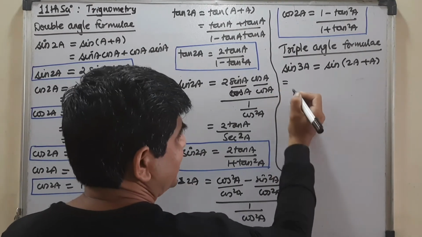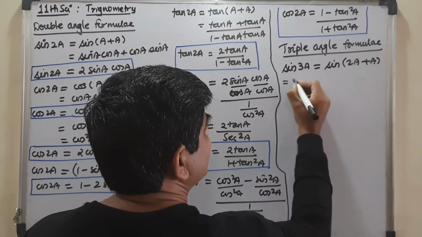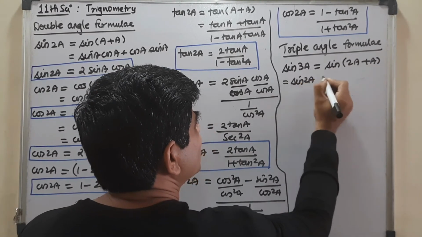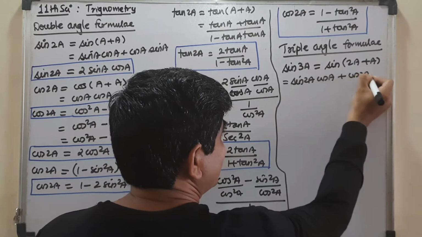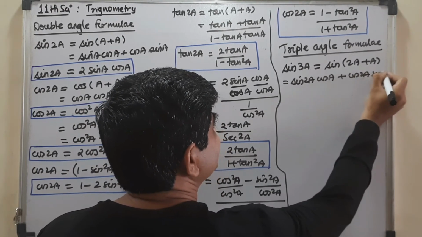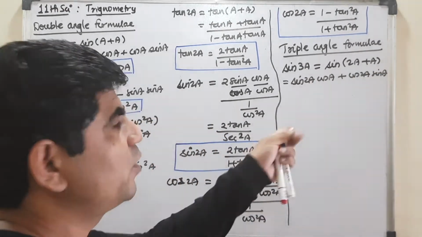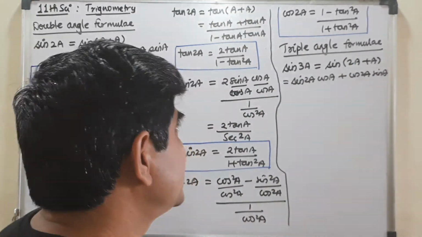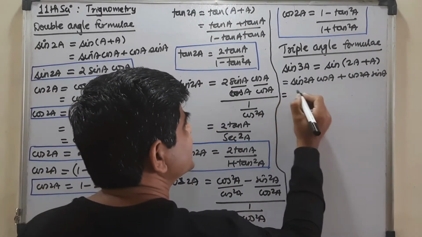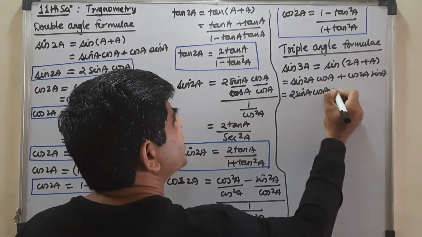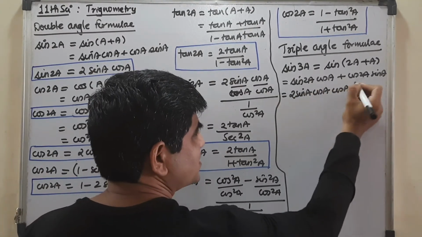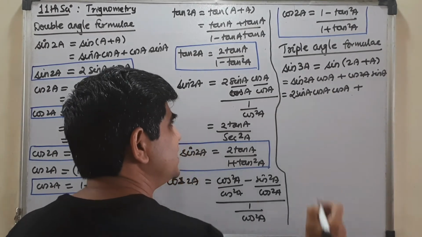Not good, but I will write it here. The sin(a+b) formula is sin a cos b plus cos a sin b. Okay, I spoke b but I wrote a properly. Now the sin 2a formula is 2 sin a cos a, plus the cos 2a formula.